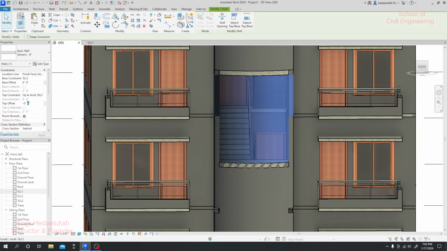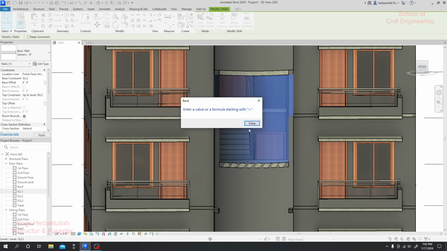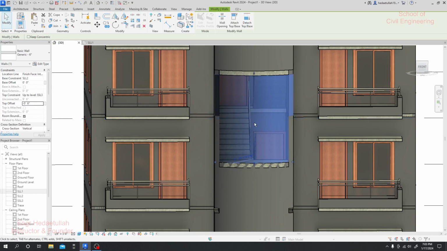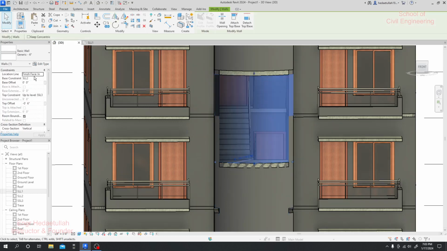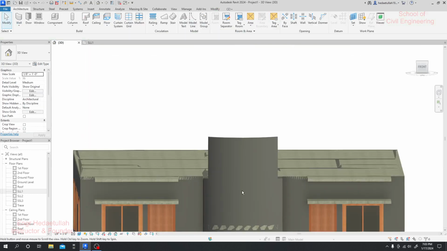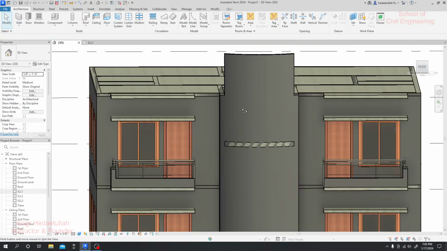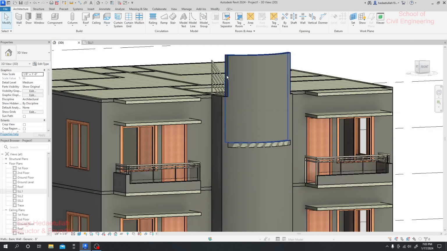Not 6 inch, we will not take any offset. Click it, zero, done. Again I'll click here and see here also we'll create a wall. It's okay,